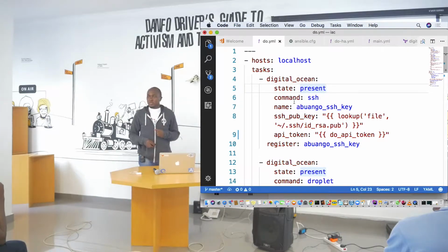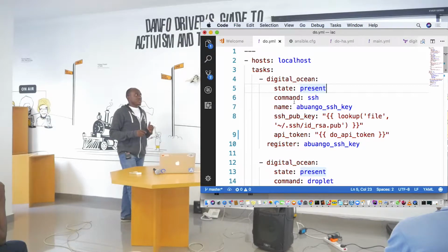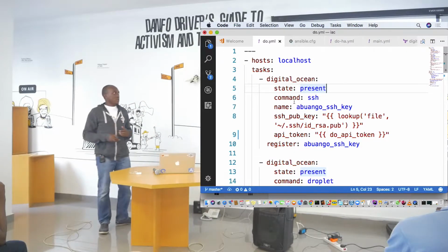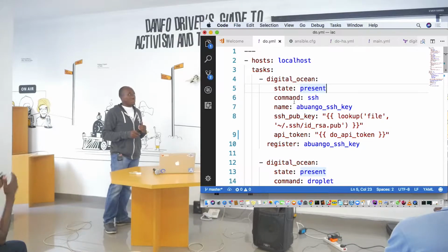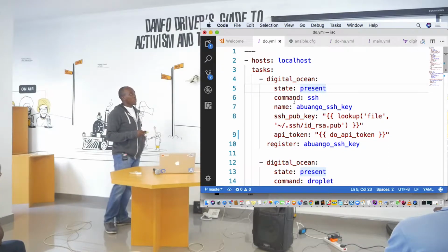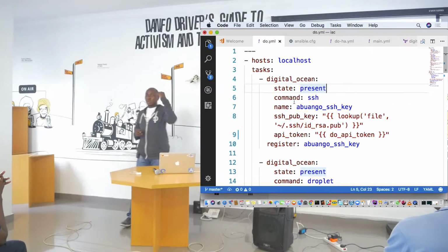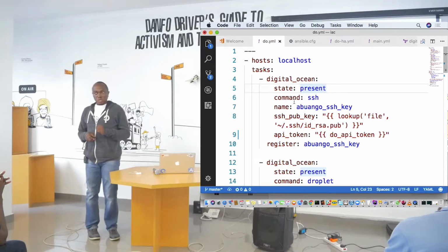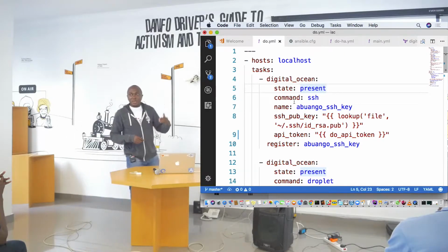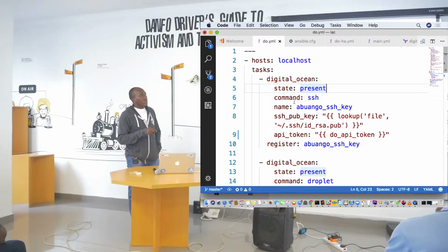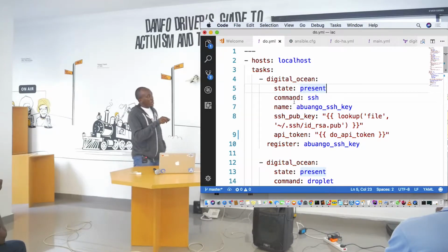Now, this is an example of an Ansible configuration file. What I'm trying to do here is execute a task. And what's the task? It's a DigitalOcean task. I'm calling the DigitalOcean module here, and I want the state to be present. What am I trying to do? I'm trying to add an SSH key to DigitalOcean so that any instance I create will be able to use the SSH key. So I'm now using this command here